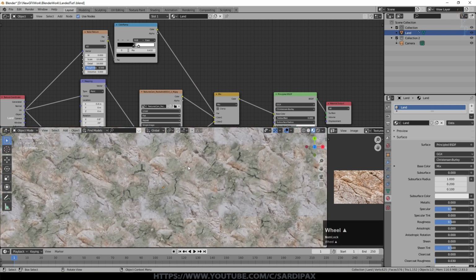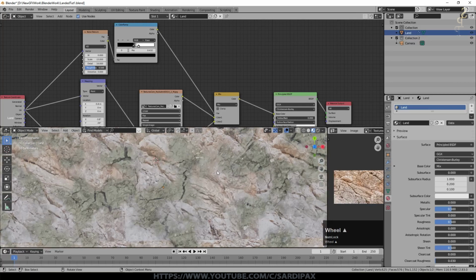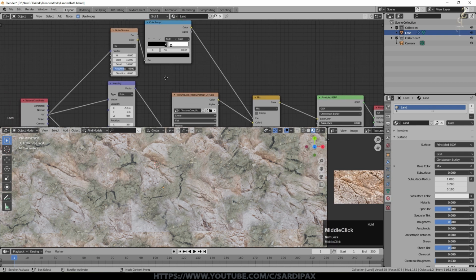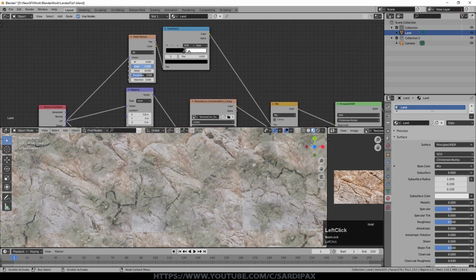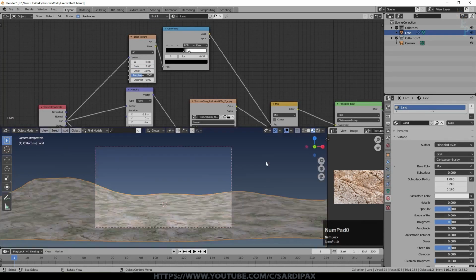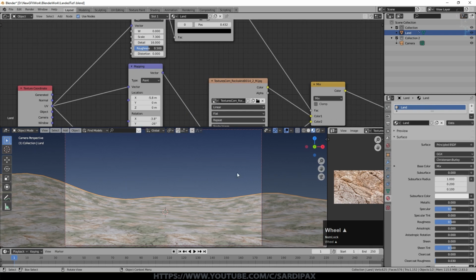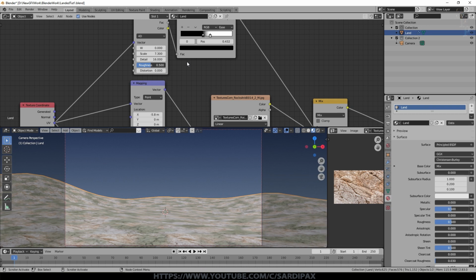So although it still has a certain regularity to it, what you can see is now happening is sometimes we're seeing one texture and sometimes we're seeing another. And we can then play around with the scale here to determine an appropriate scale for what we're trying to do. And as you can see from the camera, it's not at all obvious that this is a repeating texture, or that it is repeating as often as it really is. We still need to play around with some of the color in this.